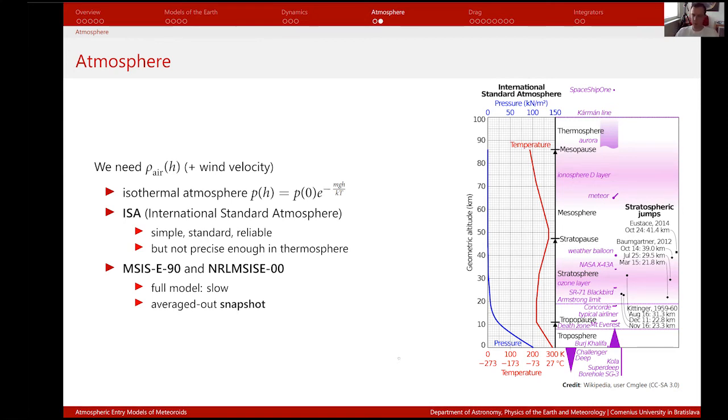First of all, I thought I'd be using the full model. So if I have the location on the Earth, the time of the day, time of the year, and everything, I would plug it into the model and try to extract the data I'm interested in. However, it turned out to be unbearably slow, especially the web interface, and I wasn't able to download the model. So I'm using the averaged snapshot. If I'm modeling the Perseids, I just try to pick the general location and time and work with this.